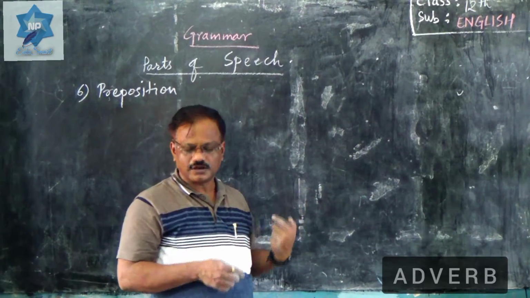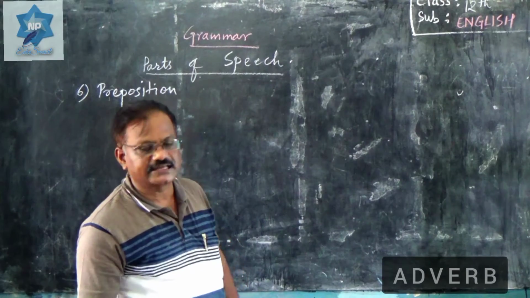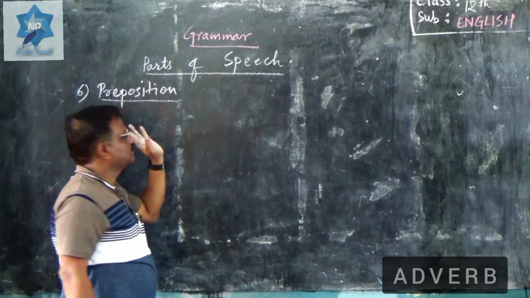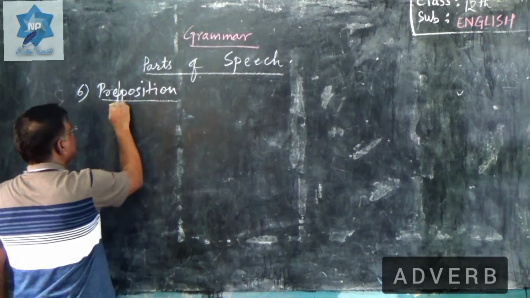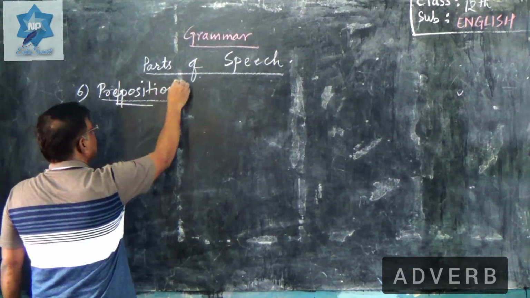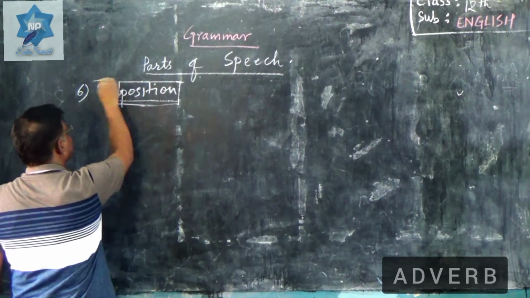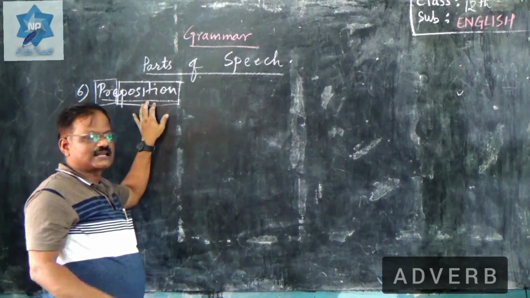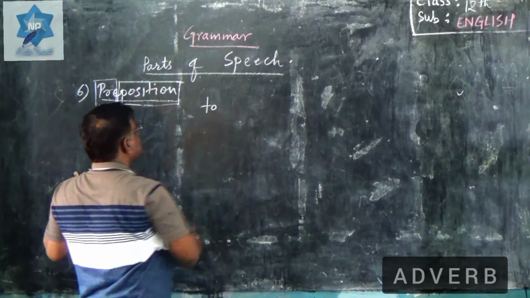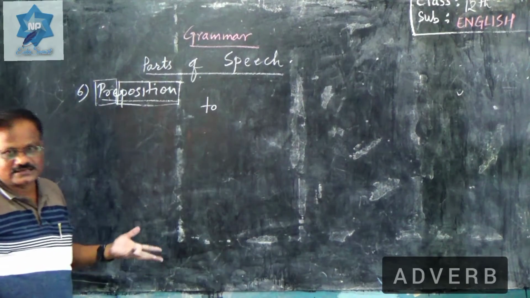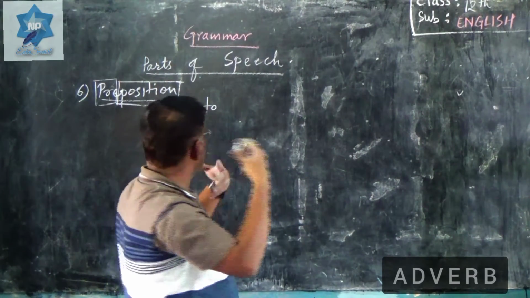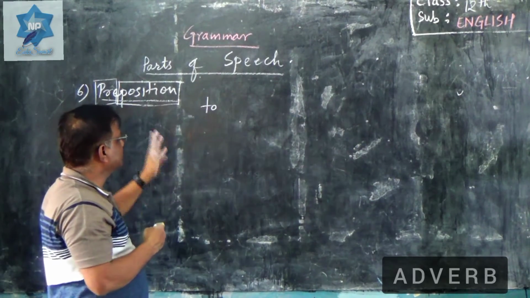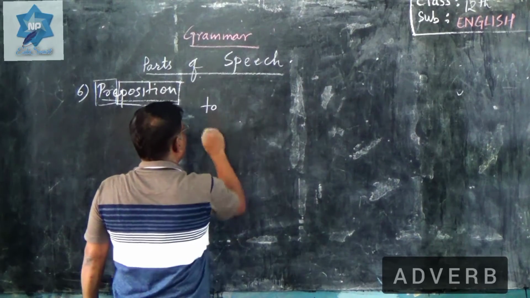For example, a noun or pronoun. But here it is not an adjective. The word itself defines the concept. Let us see the words used to form this word: pre and position. Most of the time this word shows the position as well as direction. Sometimes it shows direction or position. For example, to or towards,